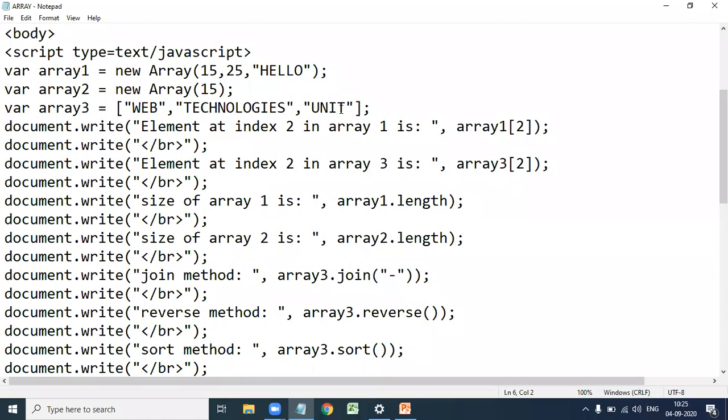Index 0, index 1, index 2. The element at index 2 in array3 is unit.